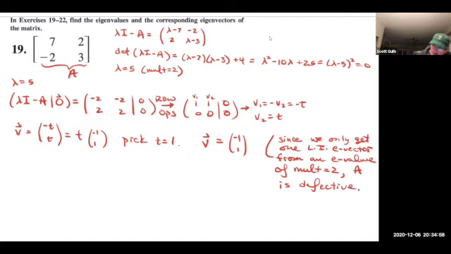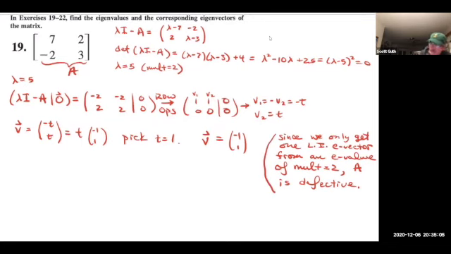Defective matrices cannot be diagonalized. Okay. Anyway, so once you find that lambda equals 5 here, you're going to go to that lambda I minus A